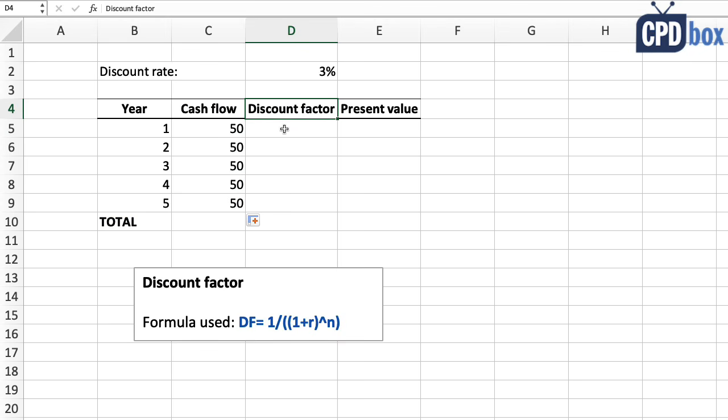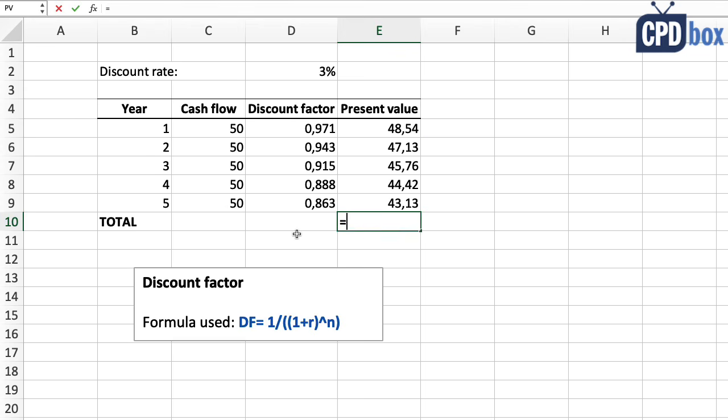Then we need to discount these cash flows with our pre-tax rate of 3%. And we can calculate the discount factor using this formula, where R is the rate of 3% here and N is the relevant year. So let me put this formula here. The present value of the individual cash flows is then the cash flows multiplied by the discount factor. And the total net present value of cash flows is the sum of the present values, which gives us about